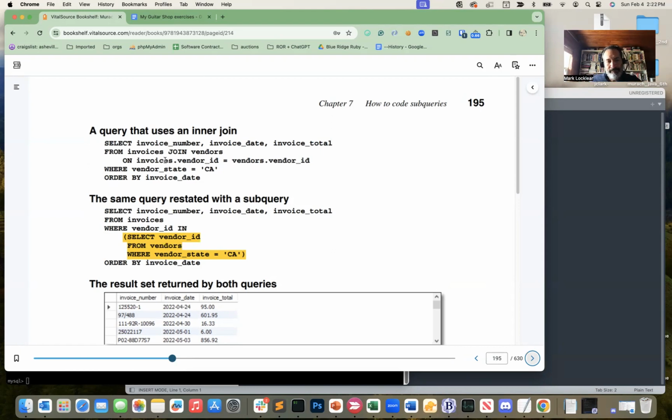So again, I won't get too far in the weeds there. The best way is to experiment with these: take and paste these into MySQL and just see the result sets. Again, in this case, you're going to get the exact same result set returned. So it's just sometimes a matter of preference, and/or if you're in a production environment, maybe you're working with